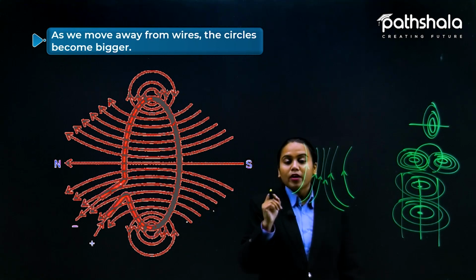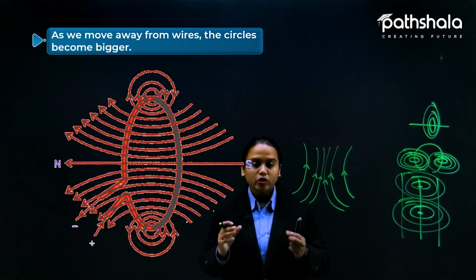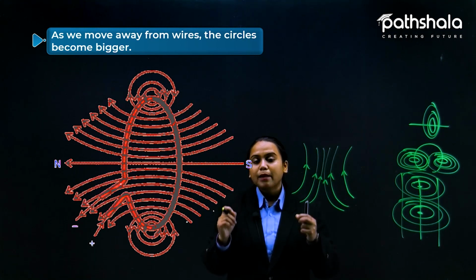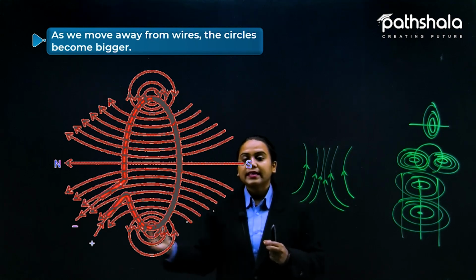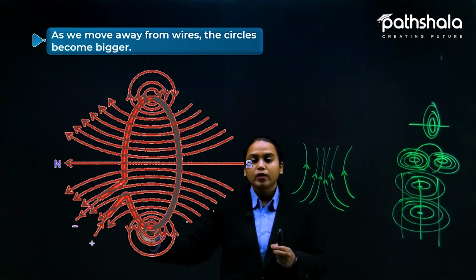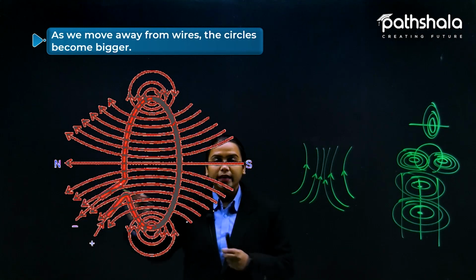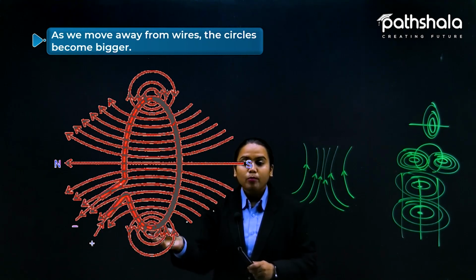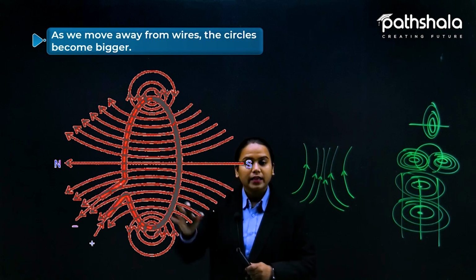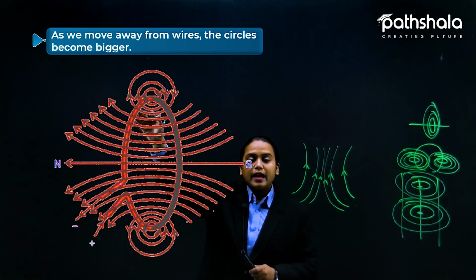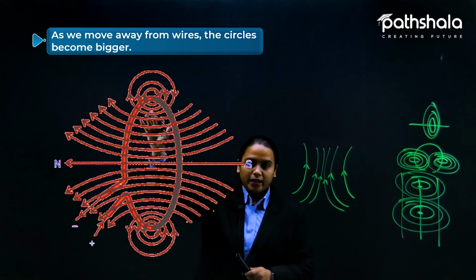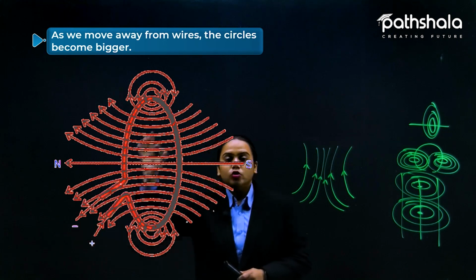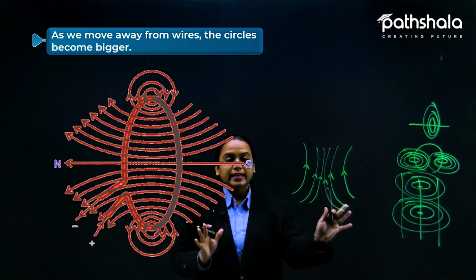As an example, we have just taken two points of the circular loop just to be clear how the magnetic field lines are passing. As you can see, from the positive terminal the current is going in this way and going in this way. With the help of the right hand thumb rule, we can see that at this particular point, the direction of the magnetic field line is this, in this way, and here at this point it is in this way, in the clockwise direction. So all the loops are getting bigger by the time, like here and here. All the loops are getting bigger and bigger, like this I have drawn here.